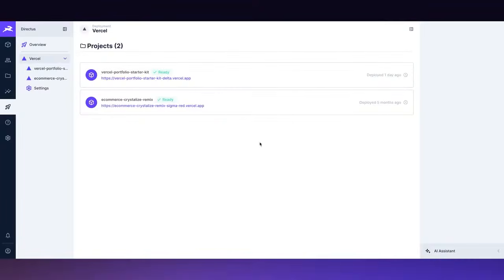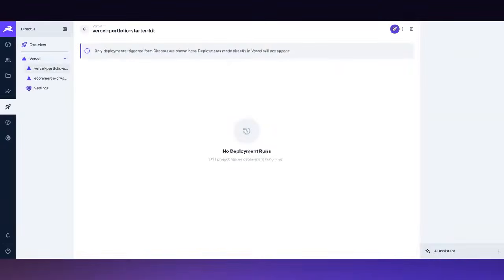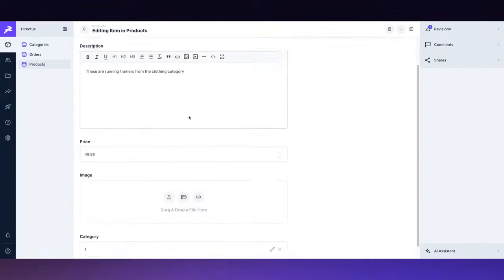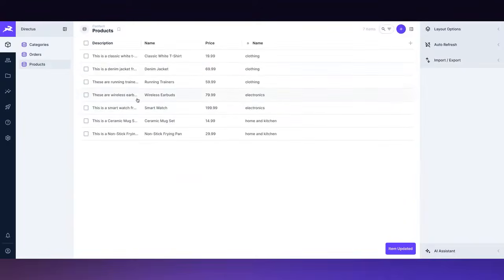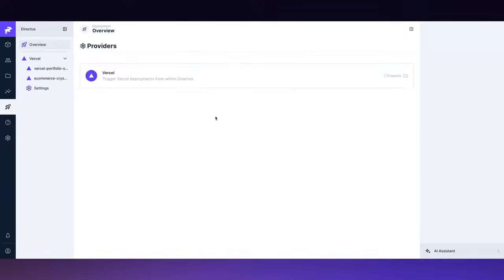Now you'll see the projects listed in the project listing, and if we click into one of these, we're able to hit deploy and start building our site from inside Directus. So let's assume that we've made some content changes. Perhaps we've updated the price of an item on our website. And as a result, we need our site on Vercel to be rebuilt. So I'd come into the deployments module after making that content change,